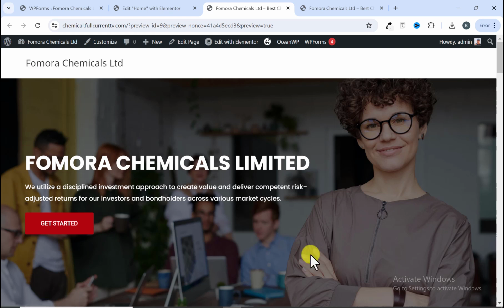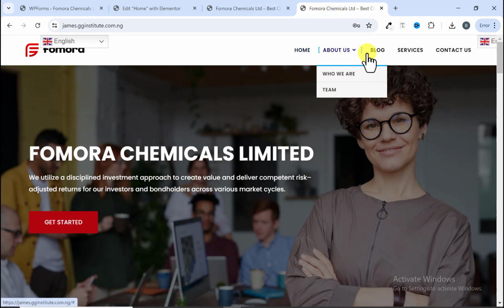Before we start adding the navigation menu, I want you to see these menu items as pages. So this is the who we are page, this is the team page, this is the blog, this is the services page, and this is the contact us page. So we are going to be creating each of these pages. Now let me just open one of these pages so you see. I come to who we are and I click on it,